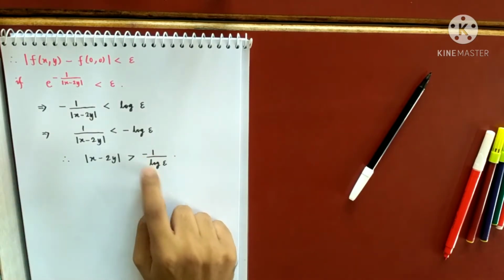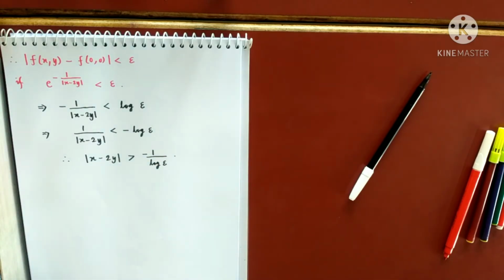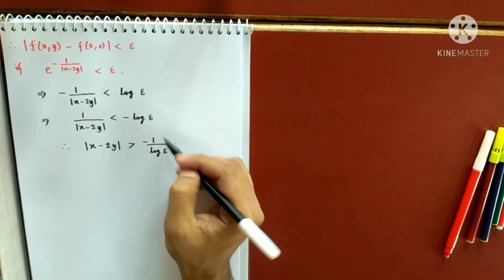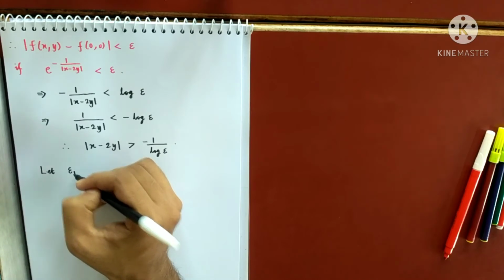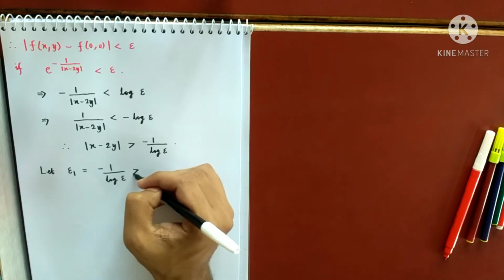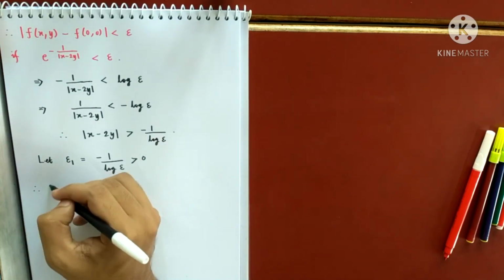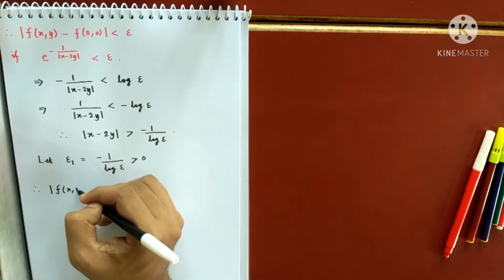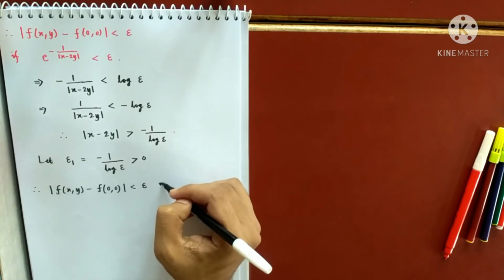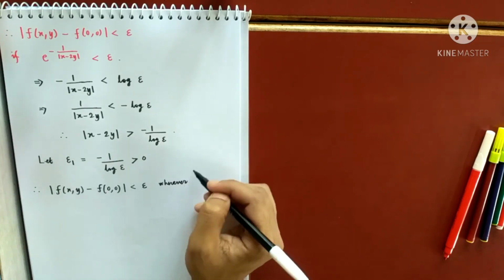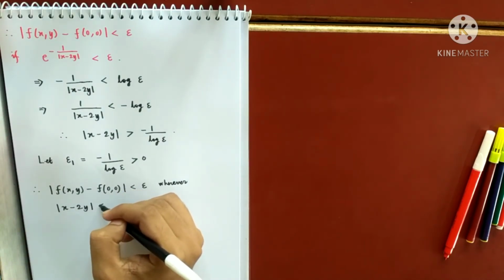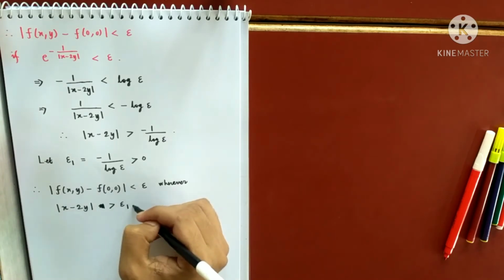So log epsilon is a negative quantity because epsilon is a number between 0 and 1, and there is a minus, so that will make it plus. I'll call this epsilon 1. So let epsilon 1 equal minus 1 by log epsilon, which is greater than 0. You have the reason. So thus, this is less than epsilon whenever mod of x minus 2y is greater than epsilon 1. So I have